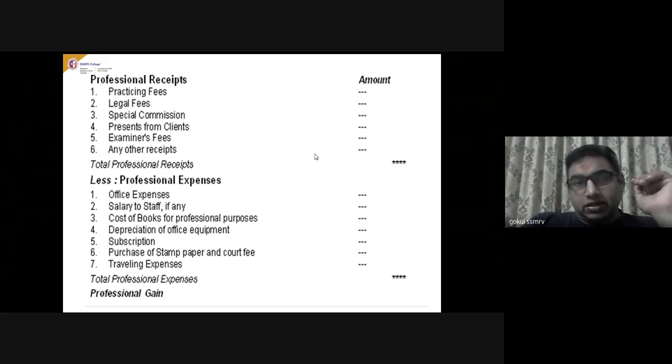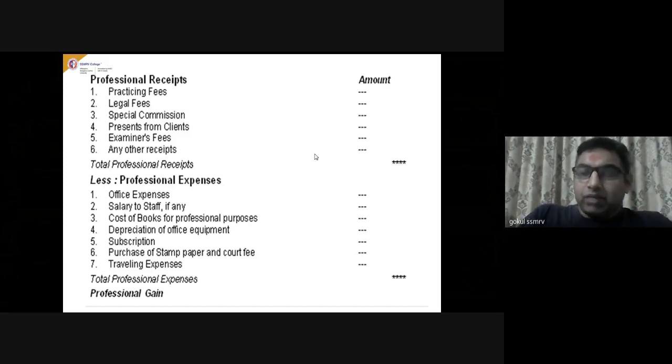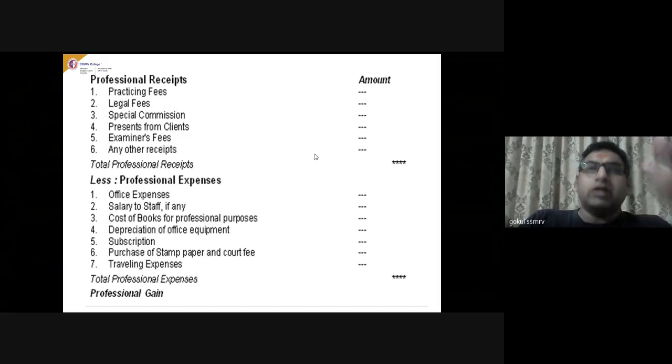your professional gains. Okay, so what is the main source of income for a lawyer? The main source of income for a lawyer obviously is his practicing fees. So whatever he does in the court, the clients pay him the fees for his time and his talent, whatever he has acquired due to his experience. So first and foremost, professional receipt is practicing fees and legal fees, both of which are part of his profession. Then special commission, any special commission that he receives as part of the legal requirements, that also becomes part